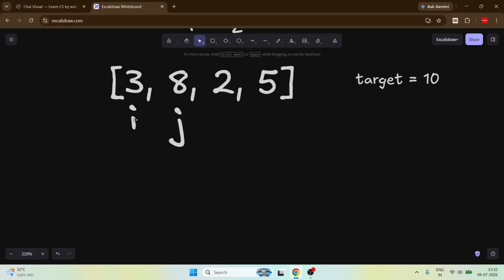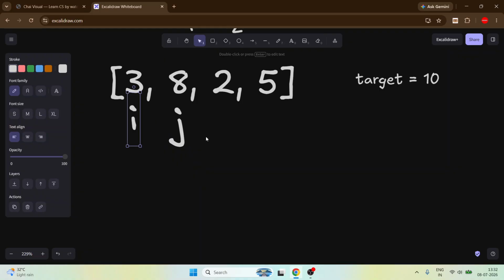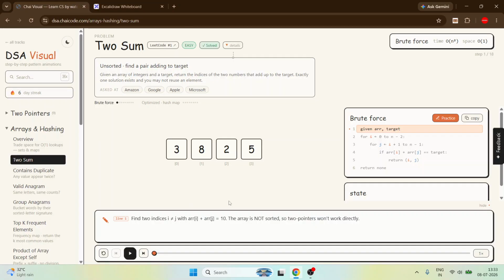So i starts from the 0th index, j starts from i plus 1. Now add these two: 3 plus 8 is not 10, increase j; 3 plus 2 not 10, increase j; 3 plus 5 not 10. We cannot increase j anymore, so increase i, and j should be i plus 1. Then 8 plus 2, we got our target. Just return these indexes. Let's first visualize it.